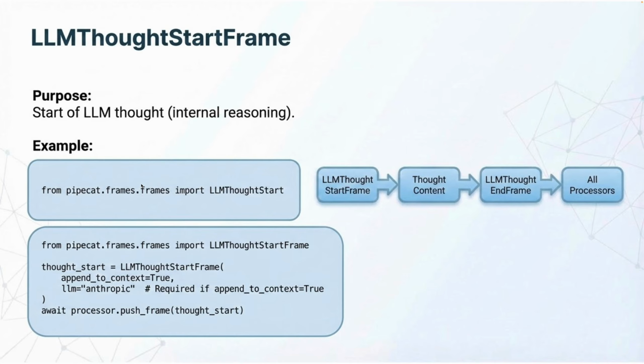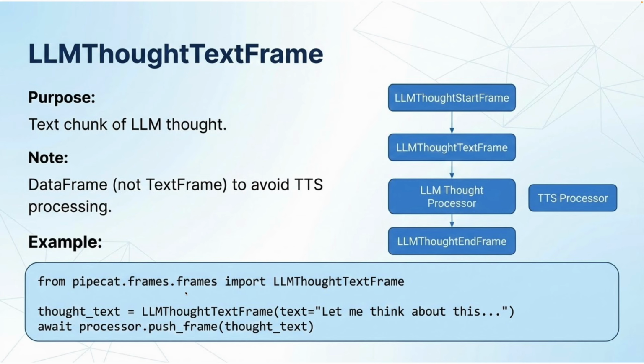So this thought is something like the LLM's internal reasoning, what the LLM is thinking about and all of that. So we create this LLM thought start frame, with the model, and append to context, and all of this. So this is the thought start frame. Then this is the thought text frame, where